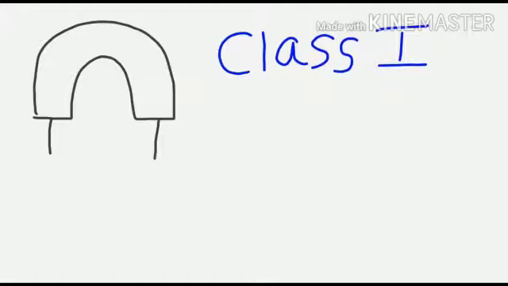So here you can see a U-shaped structure which I have drawn for you. It represents an area which consists of the remaining natural teeth, whereas the lines represent the edentulous space or area, right? So in class 1, there are 2 edentulous areas or spaces present on either side of the midline. That means there is no teeth present posterior to it. All the natural teeth are present anterior to the edentulous spaces.